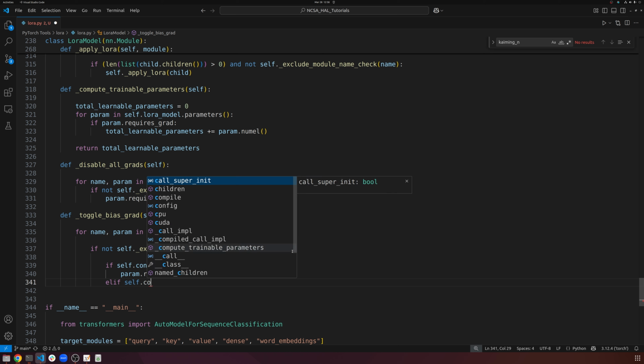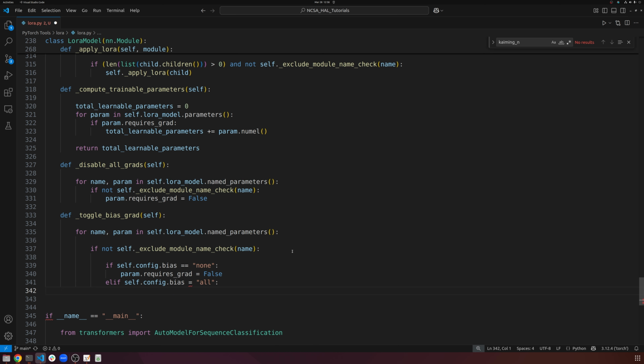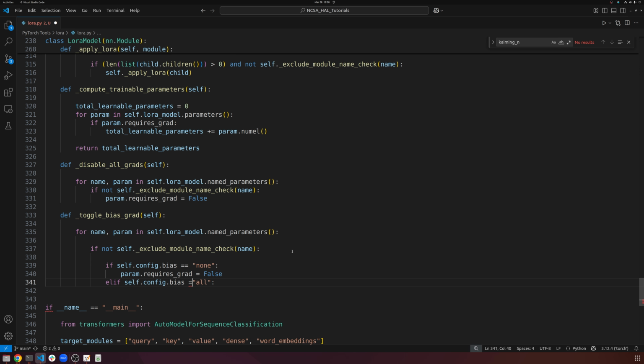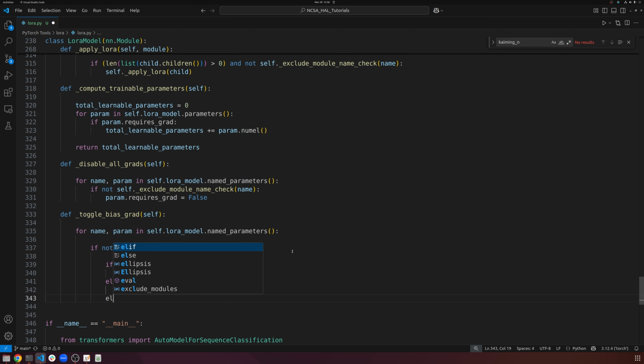Elif self.config.bias is all, if we want to train all of them, right? If we're going to train all of them, then we do param.requires_grad is True. Else, elif, and this is the last check, we're going to do if